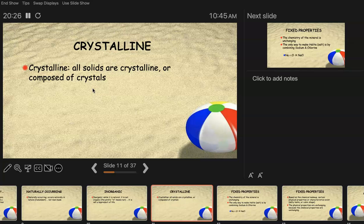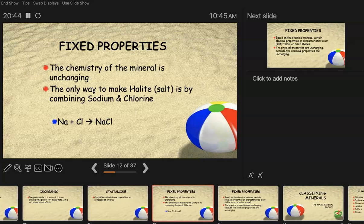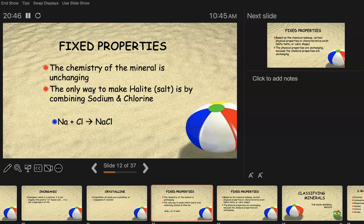Which goes into an argument that some people like to have about water. Is water a mineral? All right. Water does have a crystalline state, but it goes wonkers on that one, and I just stay out of that conversation because I don't have enough of an opinion. This is the important one. They're all important, but this is...